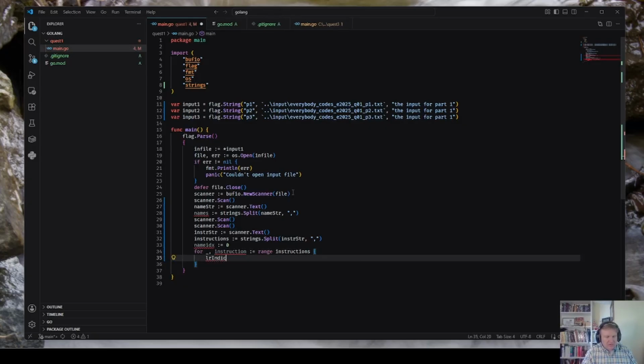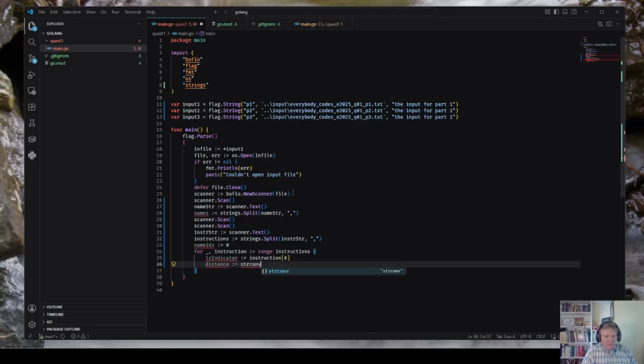LR indicator is instruction 0. Distance is strconv.